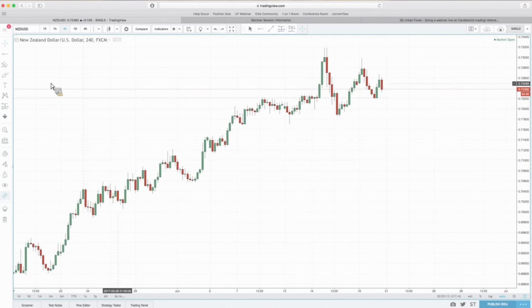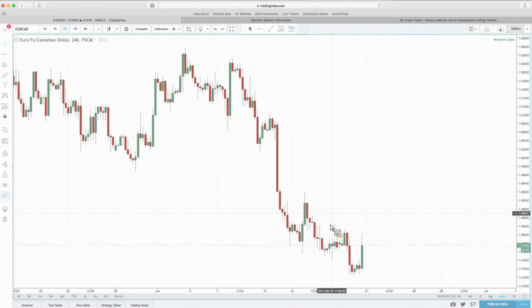Here's an interesting one. Take a look at this one. What does that tell you? Why is the color green? Why is it not red? It is still up. That means the opening price was here, the market went up, it got rejected, and it closed here. Does that tell you anything about support resistance being rejected? No. That means that sign is not good, even though it looks like an exhaustion or a hammer, whatever you want to call it. But now you have an idea in your mind that there's some rejection, but the rejection is not strong enough.